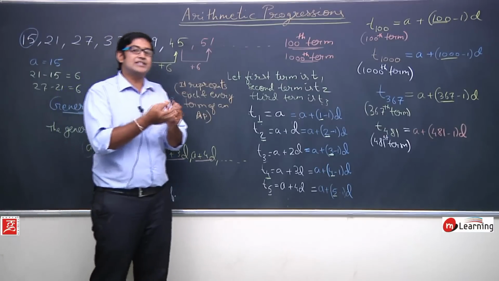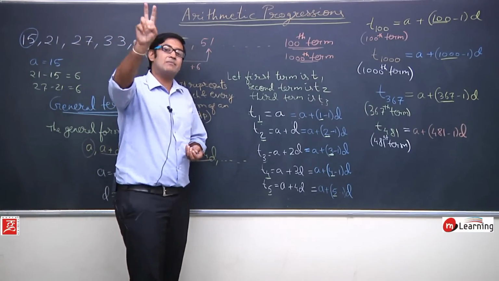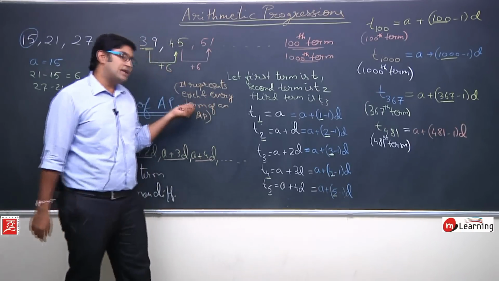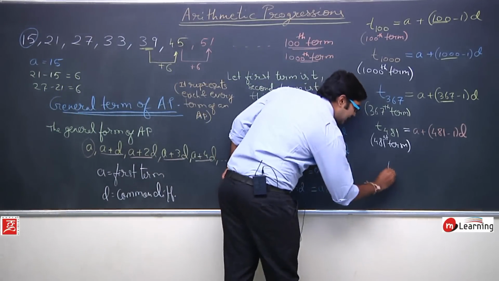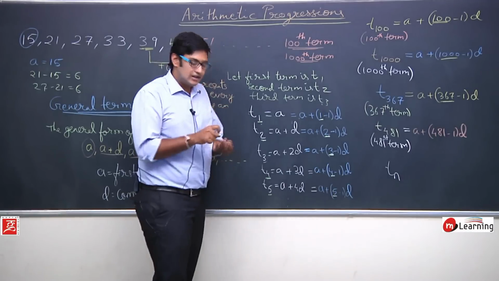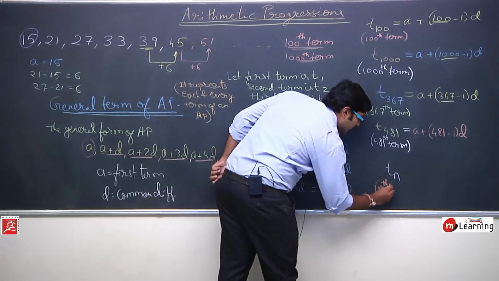ओके, जैसे स्पीड इज इक्वल्स टू डिस्टेंस अपॉन टाइम है, जो कि हर जगह लगता है, जहां पर भी स्पीड की, टाइम की, डिस्टेंस की बात होगी वहां पर वो फॉर्मूला लगेगा. सेम मैनर में हमें यहां पर भी एक टर्म डिफाइन करना है, जिस टर्म को हम कहेंगे nth टर्म, जिसे हम कहेंगे Tn. Tn will represent nth term of an AP.